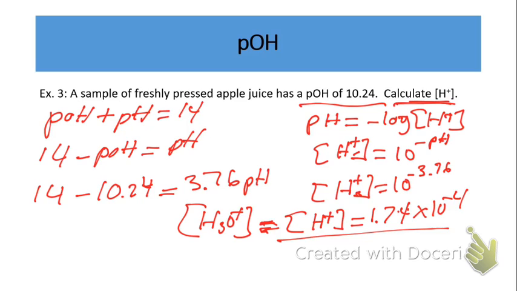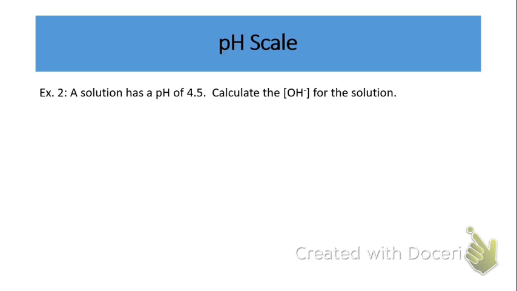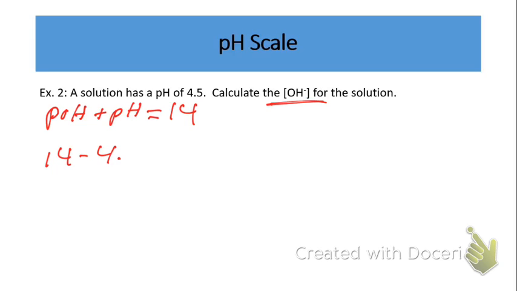Now, this could be reversed. In other words, in our previous problems, let's go back to problem number 2, we could use that relationship that we just looked at, pOH plus pH, to actually solve for the hydroxide concentration really quickly, because you could take 14 minus the pH, which is 4.5, and that would give us